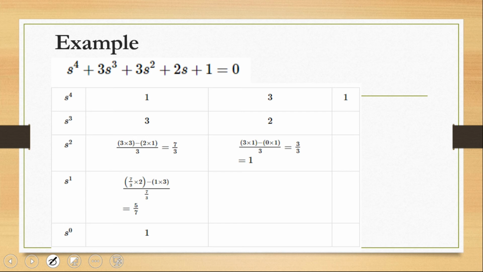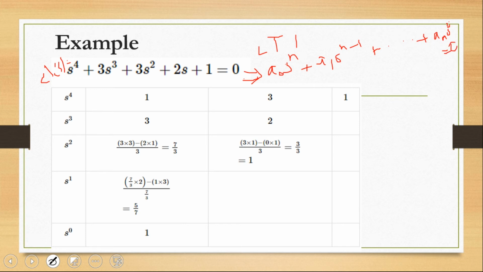We have a characteristic equation of a linear time invariant system given by s to the power 4 plus 3s cube plus 3s square plus 2s plus 1 equal to 0. So this is of the form delta of s is equal to, and our equation needs to be compared with our standard form: a0 s to the power n plus a1 s to the power n minus 1 up to an s to the power 0, which is 1, equal to 0.